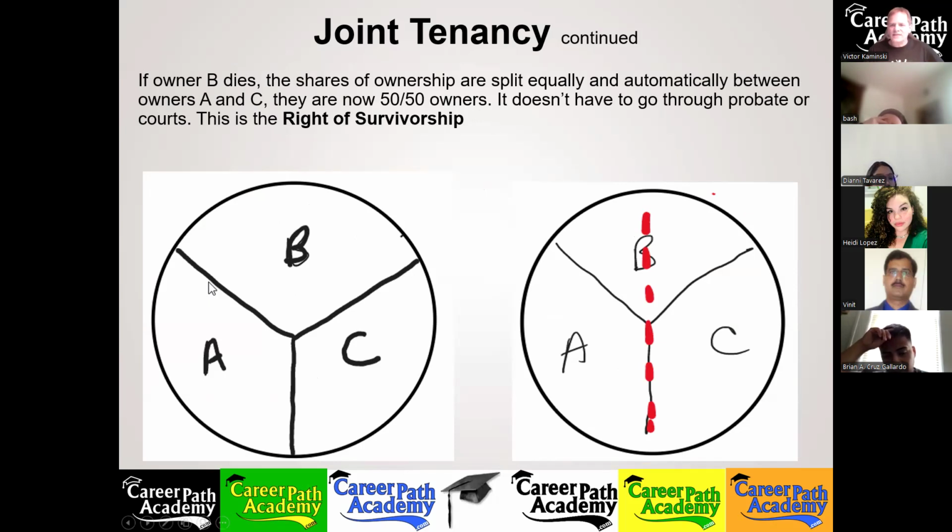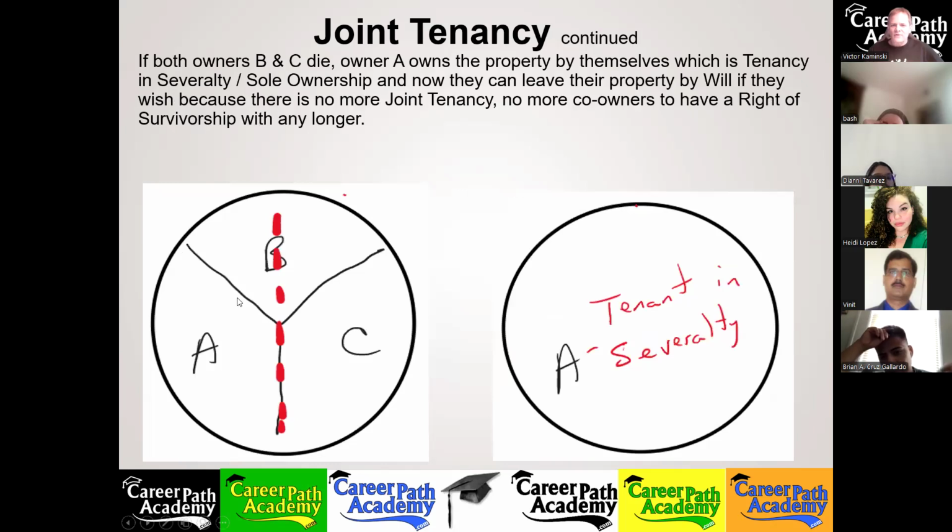Now, what happens if owner C dies? Well, if owner C dies, then there'll only be one. He takes all of owner C's interest, and now there's one man standing, so to speak. The last man standing will hold it as a tenancy in severalty. And now you're free to sell that property, give it away, leave it to heirs, or anyone you name in a will that you wish to get it, because there's no more joint tenancy. See, I got that description on these slides here at the top as well, explaining what happens if one co-owner dies.